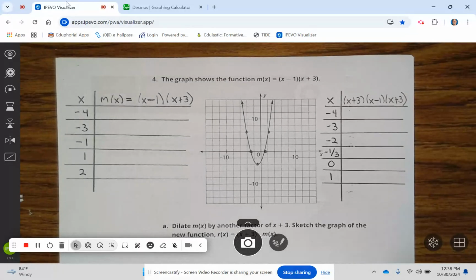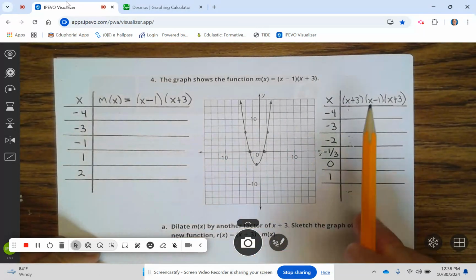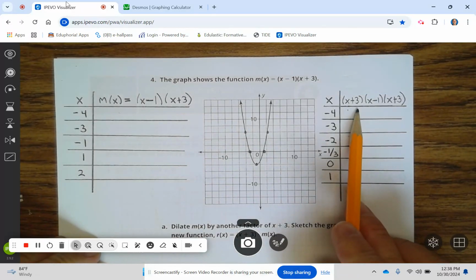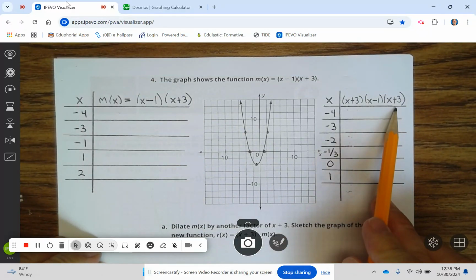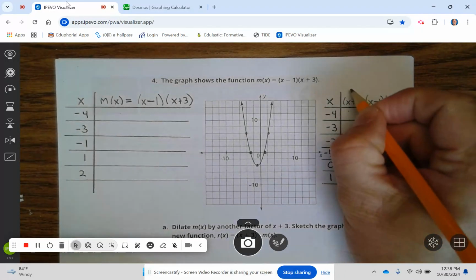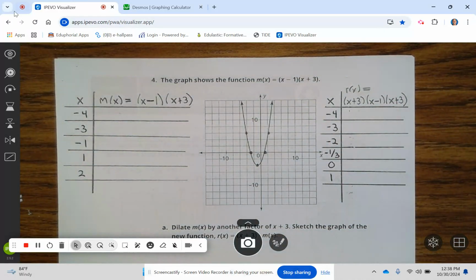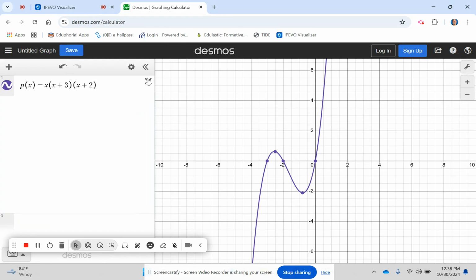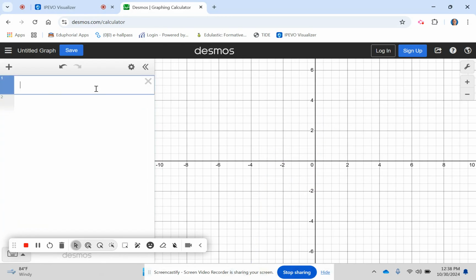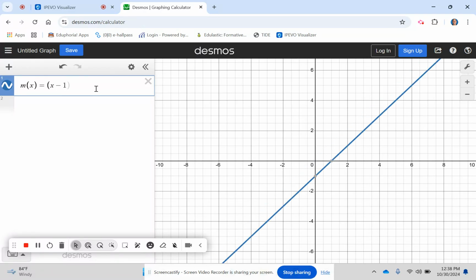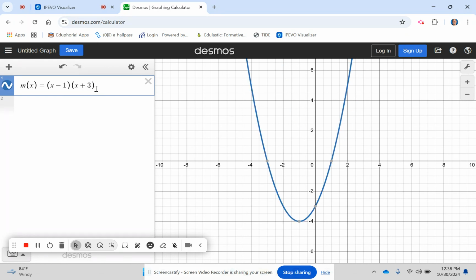Alright, number 4. The graph shows the function m of x equals parentheses x minus 1 parentheses x plus 3. Okay, so we're going to graph m of x, and we're going to graph x plus 3 times x minus 1 times x plus 3, which is technically r of x equals. Okay, so let's go ahead and do that. So m of x equals x minus 1 parentheses x plus 3. Okay, and then we're going to go to a table,